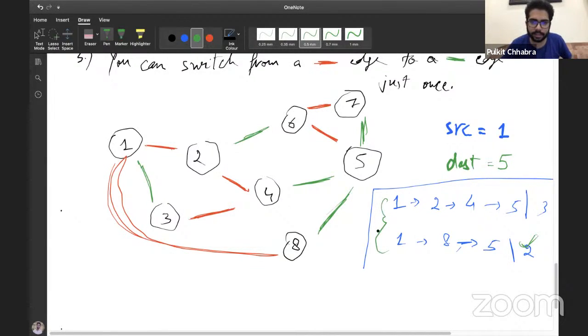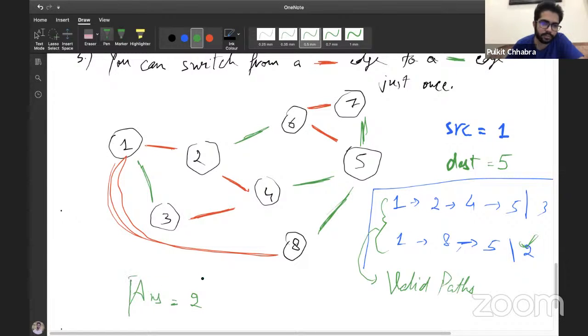So out of these valid paths, the distance when we traverse the first path was 3, and for the second path was 2. So our answer is 2. So in this case, the answer is going to be equal to 2. All right. You can assume that if there is no valid path available from source to destination, you can maybe print -1 or something.